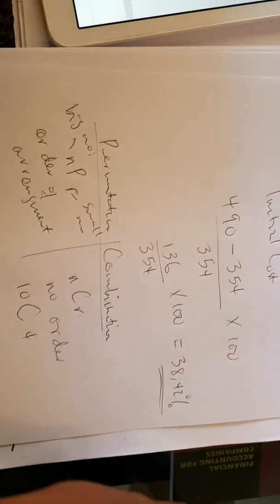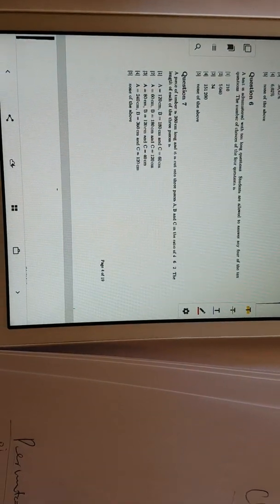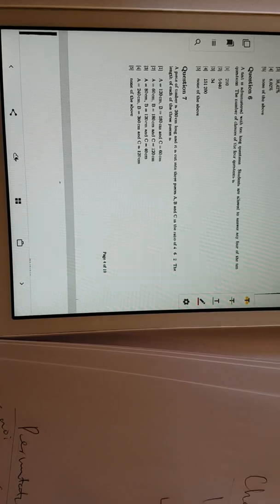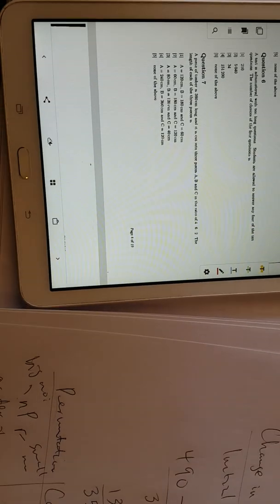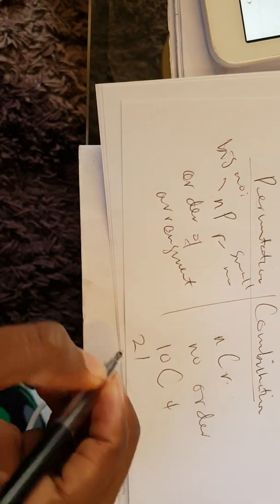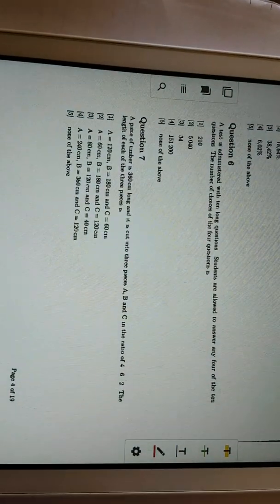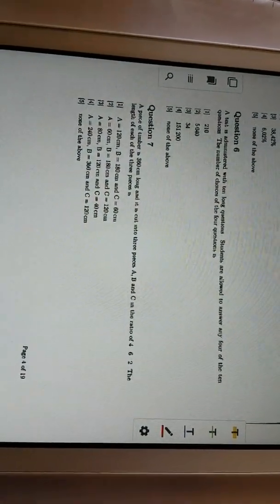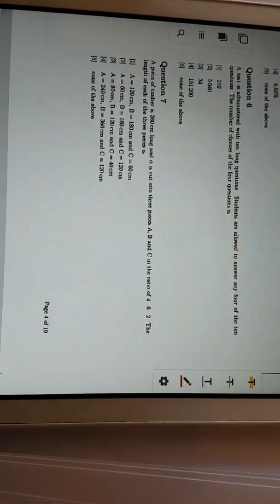So in how many ways? In 210 ways can the test be chosen, so with 210 choices. They are talking about choices. So with 210 choices, this test can be chosen. So it's option number 1. Let's move to question